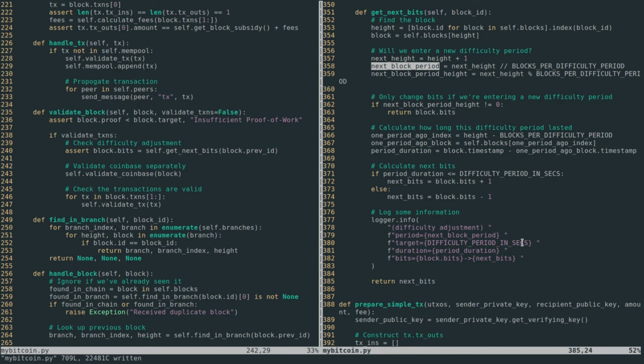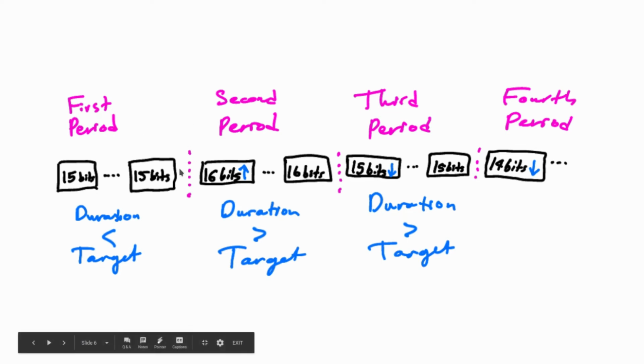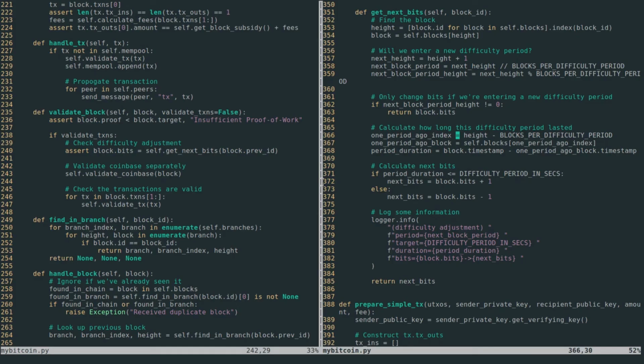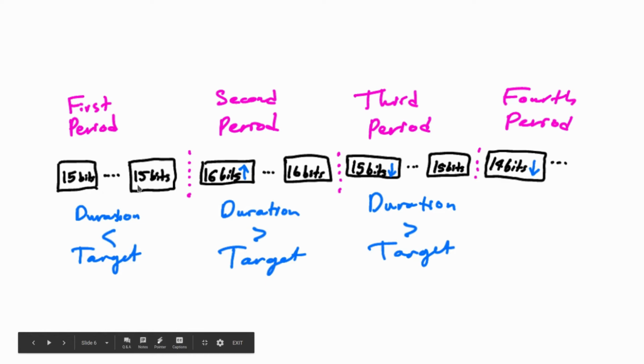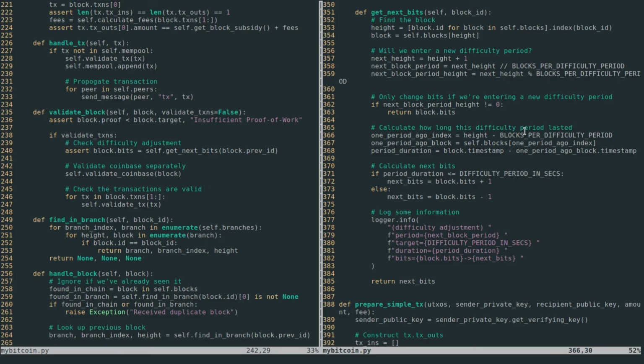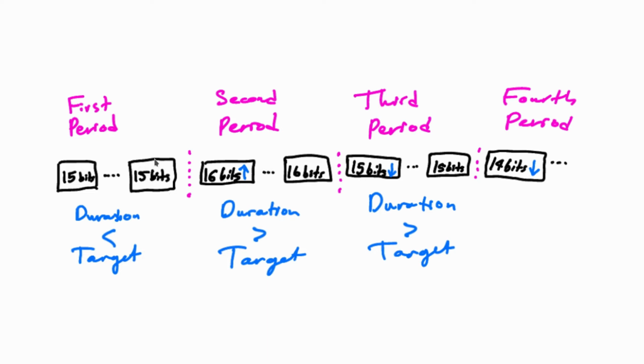So now some sort of semi-philosophical discussions about time. One of the tricky things right now is, let me ask you, under what circumstances could that be a negative number? There's one time where this could be a negative number, and that's if we are crossing this first difficulty boundary. In that case, height would correspond to the height of this block, which would be n minus 1. And blocks per difficulty period would correspond to n. So we'd be saying n minus 1 minus n, and that would be negative 1, right? So that would be a negative number, and you know,